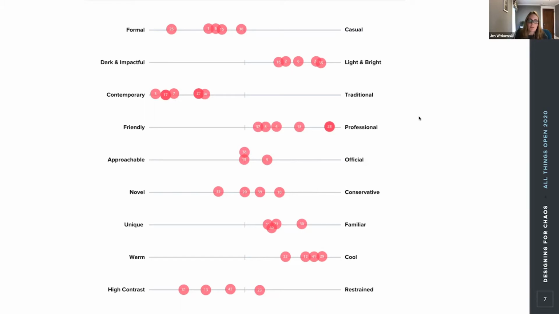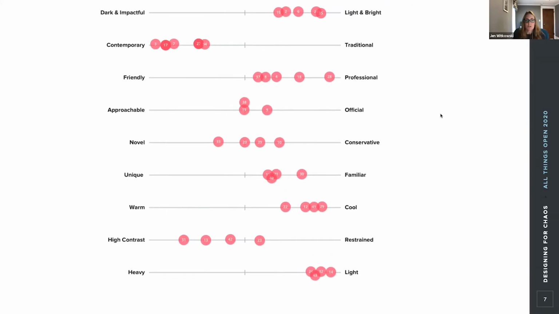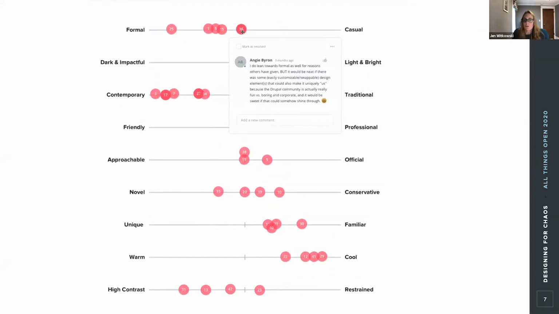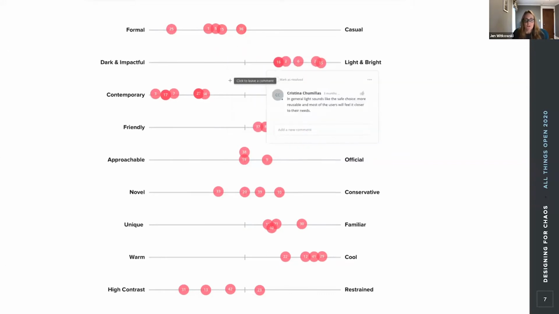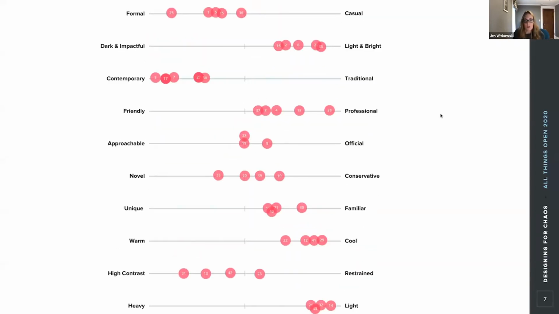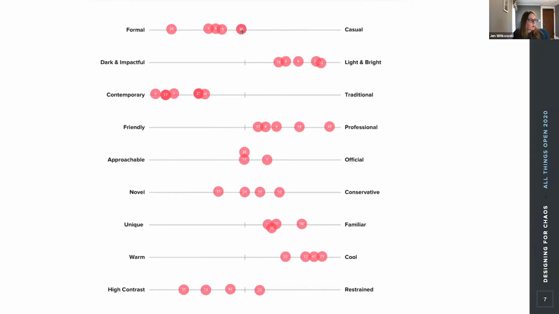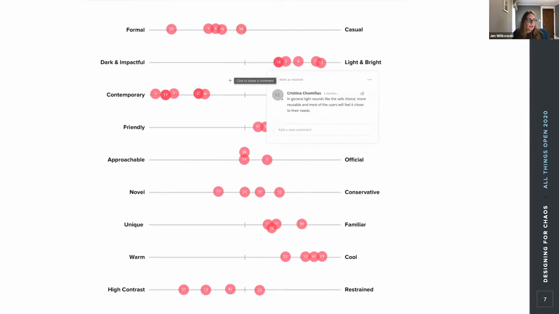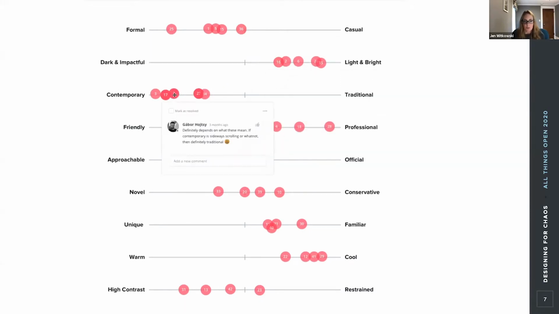The end result of this exercise is that it forces stakeholders to choose an adjective and helps initiate some really great discussions around the why. Because as designers, it's for us to fully understand the why so we can make better design decisions moving forward. And since we couldn't conduct this in person, we used a tool called Envision to conduct this exercise. And it worked out really well because stakeholders can go in and use the commenting function to put a point on the scale. And then other stakeholders, designers, developers can go in and actually leave other comments and start a discussion.